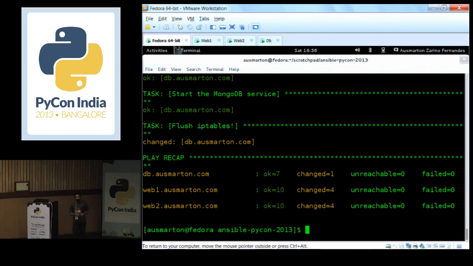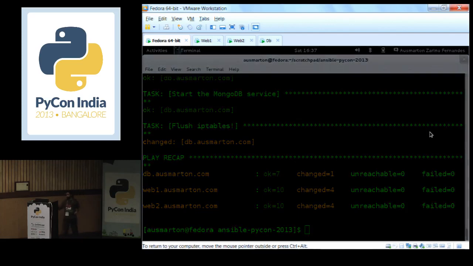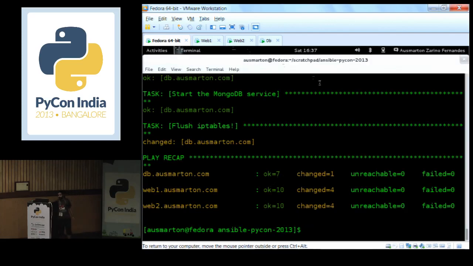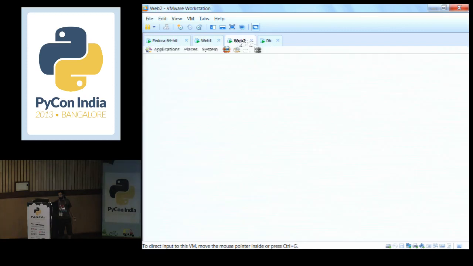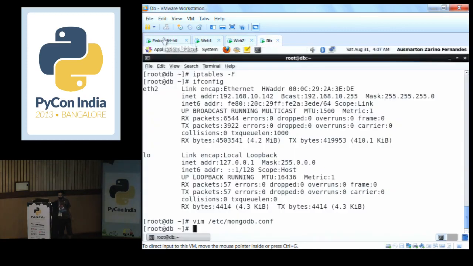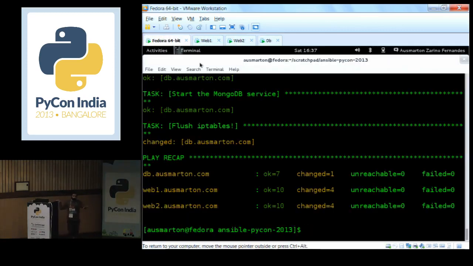You don't need to install anything as a part of Ansible. In the demo which I just ran, these are VMs which are just plain, minimal desktop installs of CentOS. So they don't have anything extra installed. Ansible doesn't require you to install anything extra on your managed instances.